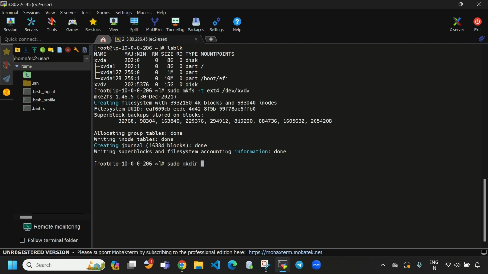So when we create a directory, the command is mkdir, guys. So that's why I'm giving mkdir. In root folder, I'm going to create data directory, using sudo, super user. Mkdir is the command to create a directory. In root folder, I'm going to create data directory, guys. So I'm going to hit enter,